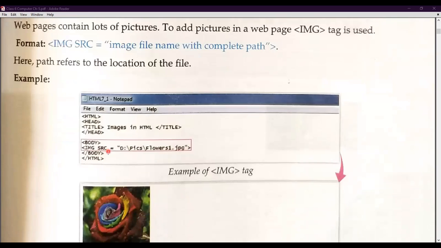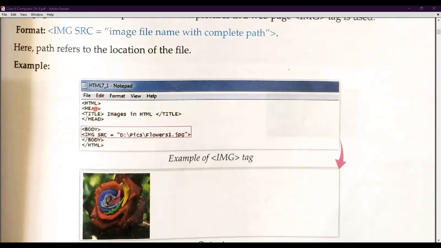As in the given screenshot, you can find that first of all, we have to write the angular brackets, in which we have to write the HTML tag. And then we have to start the head tag, which consists of the title also. Title means we can give any title, whatever you want. So here, for instance, we are giving Images in HTML, and then I am closing this title tag.